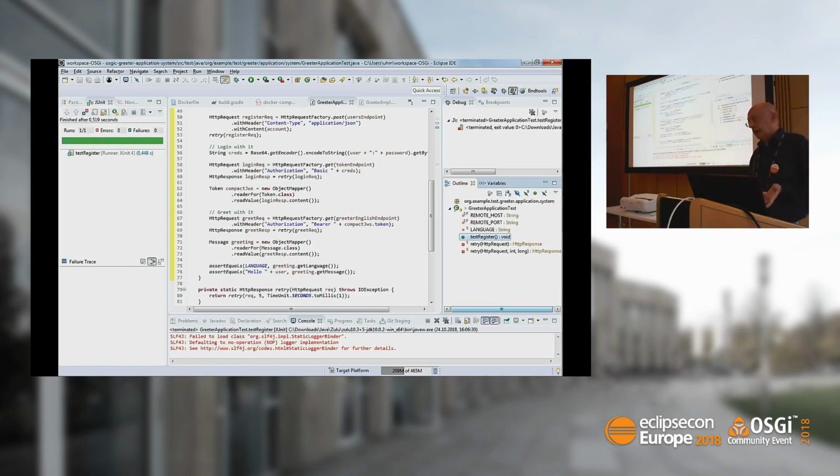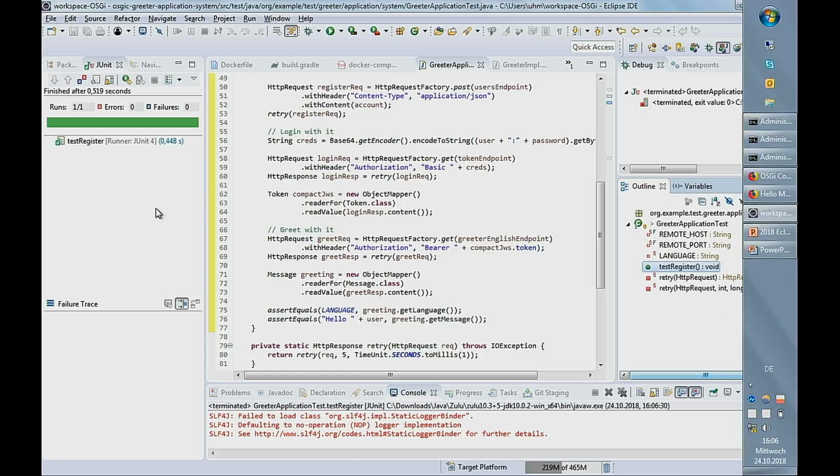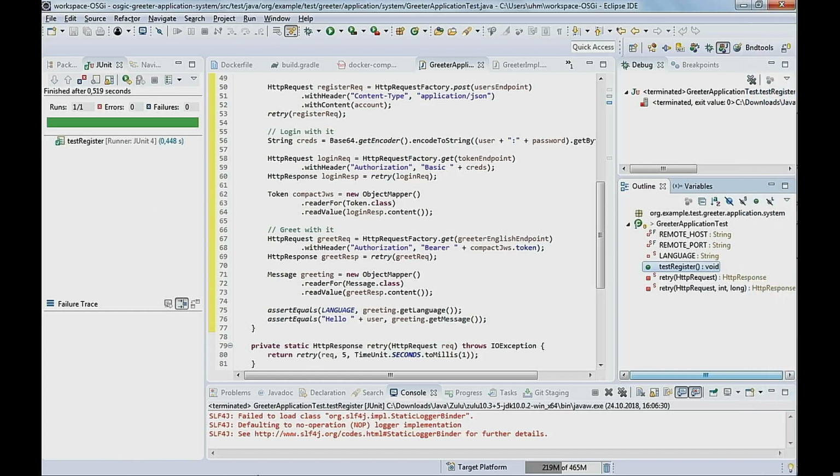The change was trivial, I agree. The change was very trivial, but I could have provided a completely new bundle, and as long as it's compatible with the deployed bundles in that specific runtime, as long as it can install and start, I'm fine. I can do these changes without having to do the complete cycle between editing, compile, build, deploy, restart the container. So this is quite nice.